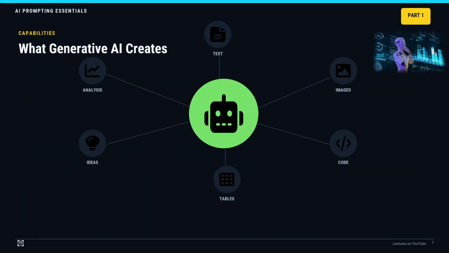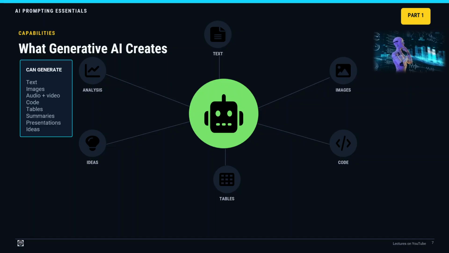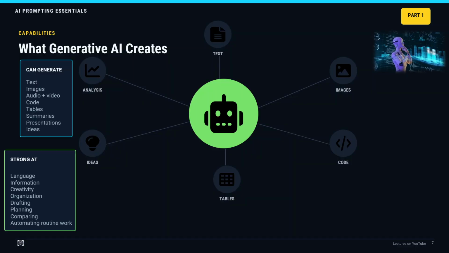Understanding what generative AI is and what it is not. Before learning how to prompt AI effectively, we need realistic expectations about what AI can and cannot do. Generative AI creates new content in response to natural language instructions. Depending on the tool and the task, it may generate text, images, audio, video, computer code, tables, summaries, presentations, or ideas. It is particularly useful for tasks involving language, information, creativity, and organization. It can help you draft and edit documents, summarize reports, explain concepts, generate alternatives, compare options, plan activities, organize information,